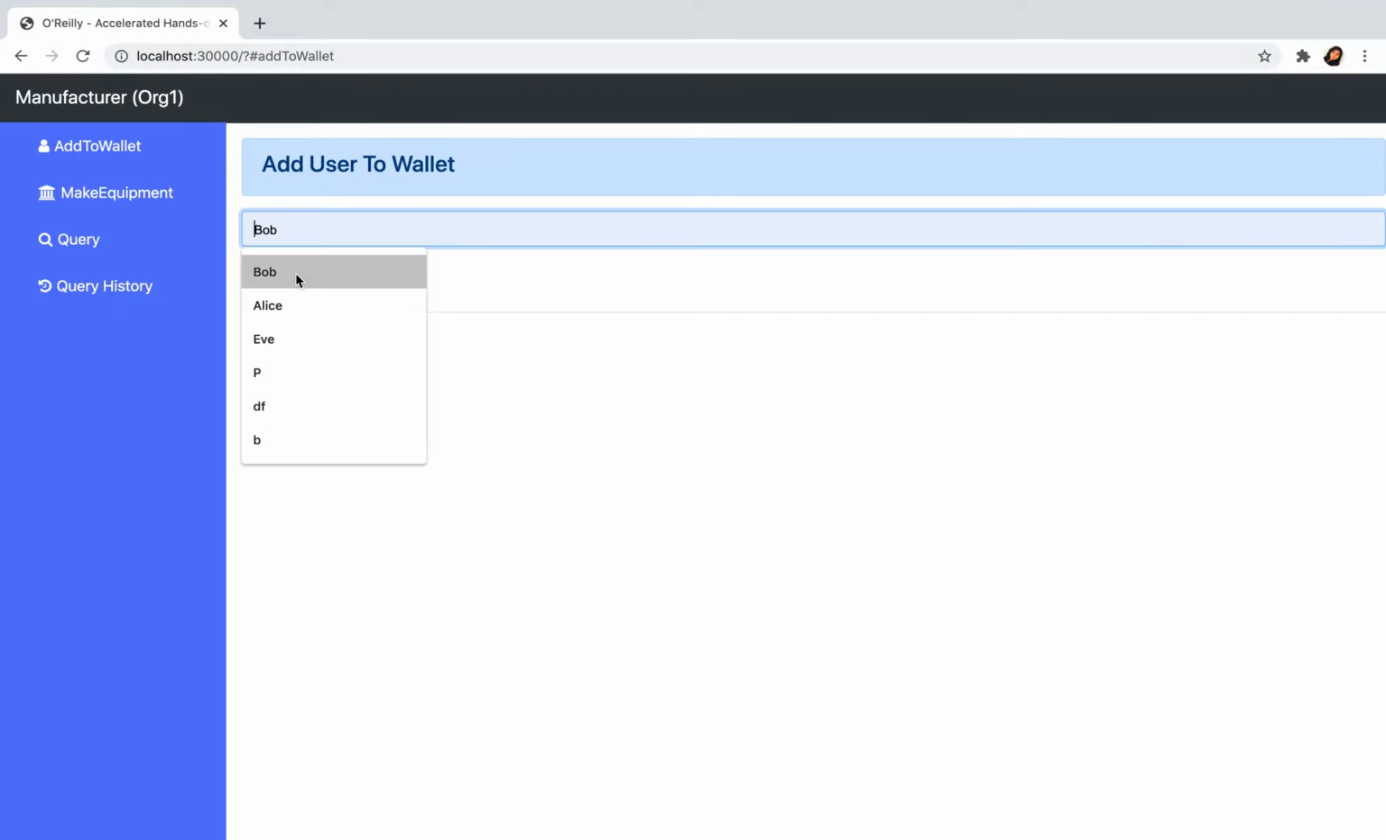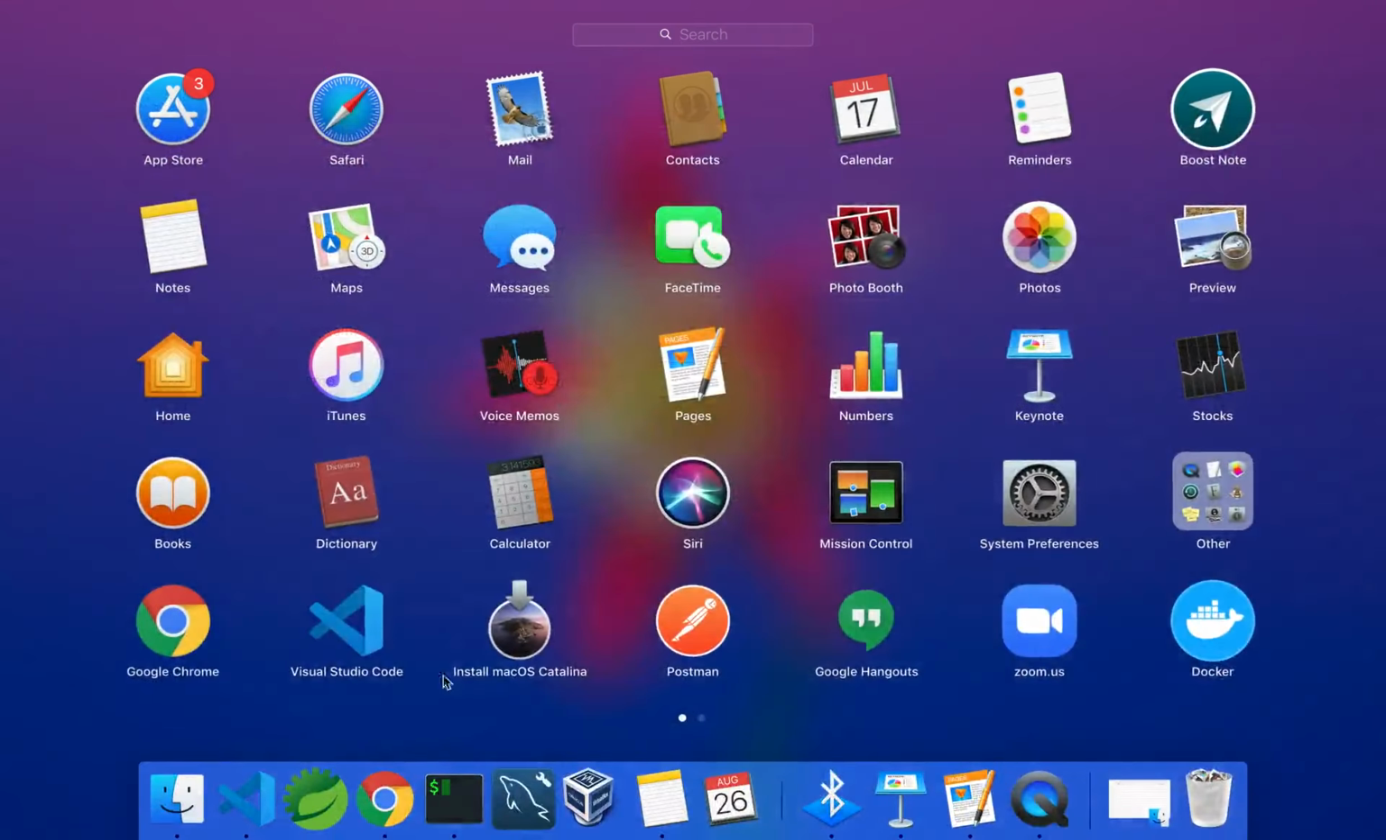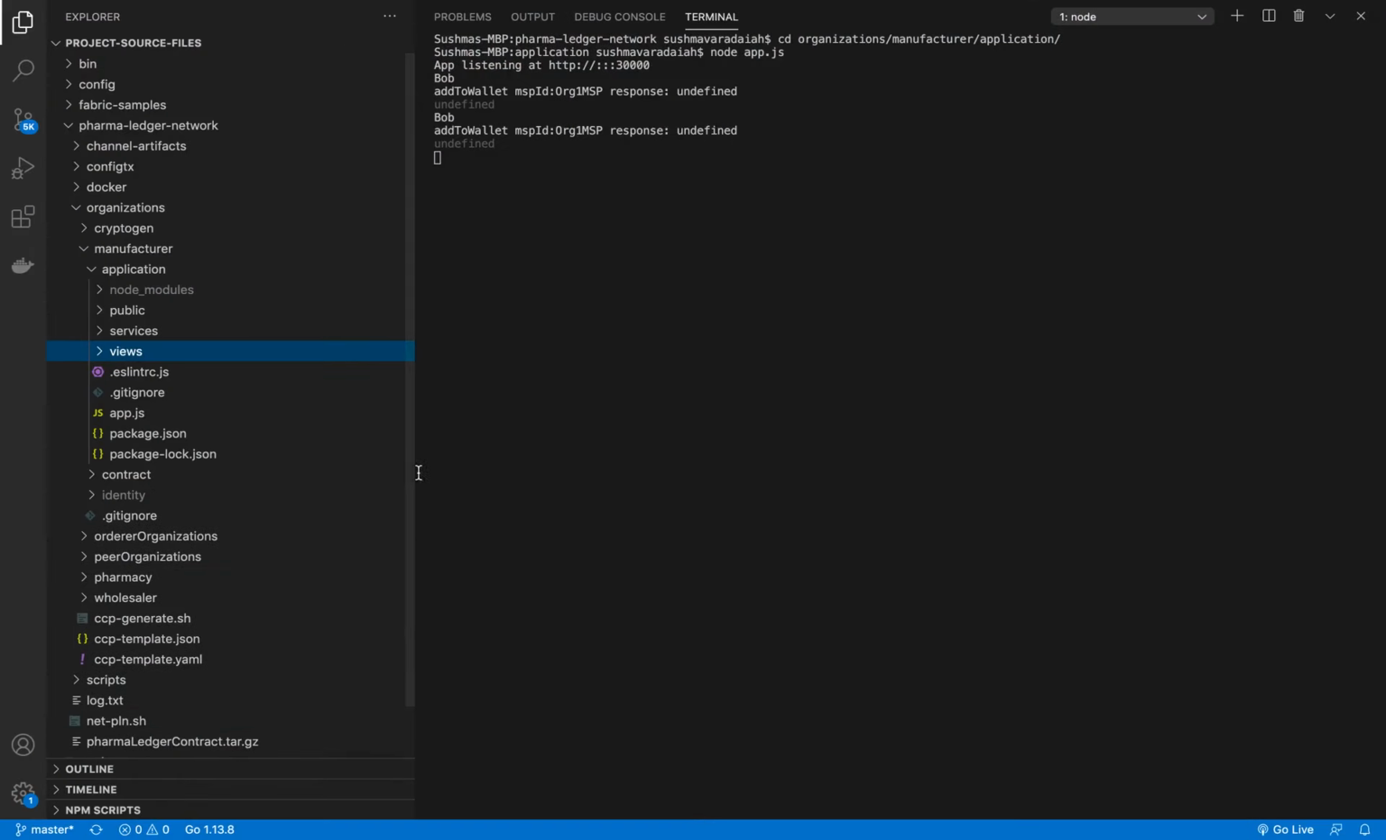Sorry. Let me add Bob. So if you get this message, Bob was successfully added to wallet and it is ready to interact with the Fabric network. Okay, well and good. Now if you go to your VS Code